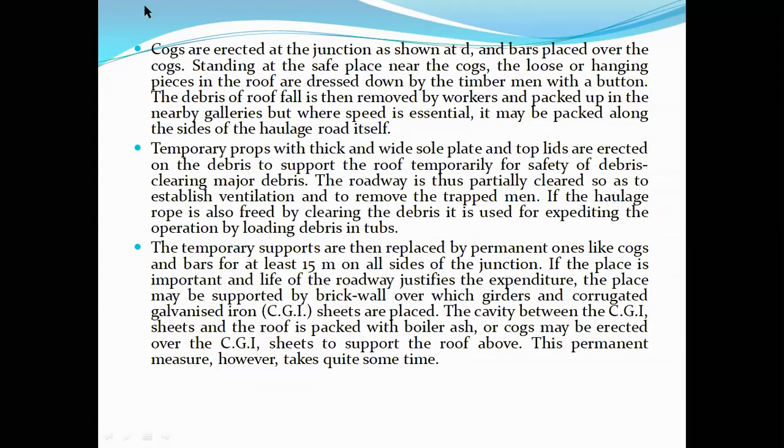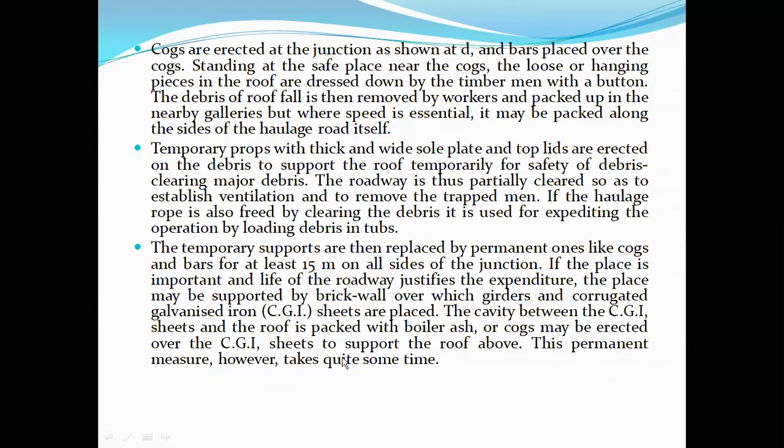So, the place may be supported by brick wall, over which the girders and corrugated galvanized iron sheets are placed. The cavity between the CGI sheets and the roof is packed with boiler ash, or cogs may be erected over the CGI sheet to support the roof above. This permanent measure, however,